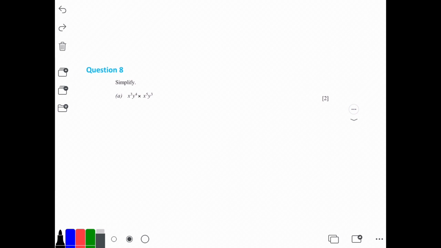Question 8, simplify x cubed y to the power of 4 times x to the power of 5 y cubed. This question is rather simple. We just need to know that when two values have the same base and are multiplied, you should add the indices together. If we look at x first,